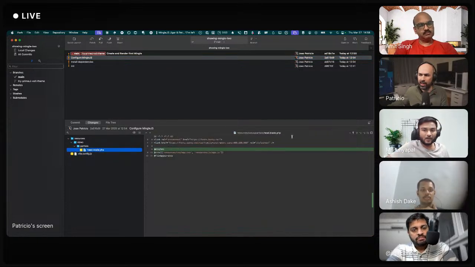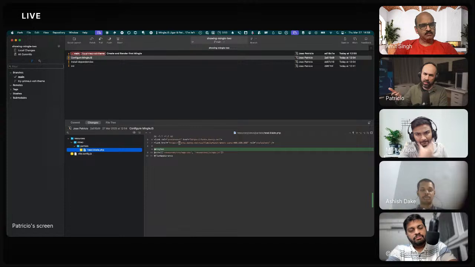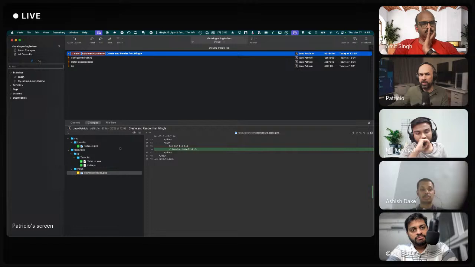And on the layouts, if you want automatic loading of the JavaScript for your Mingle components, you put this @mingles directive on the layout, and that's it. Then I created the first Mingle, but let's create another one starting now, live together. Up to now, we just did Laravel new and the Mingle installation with JavaScript flavors.